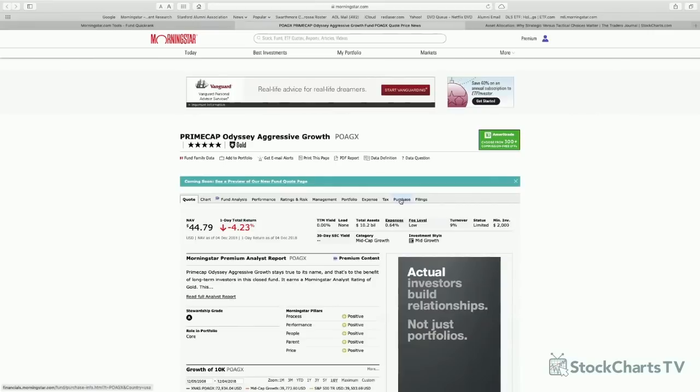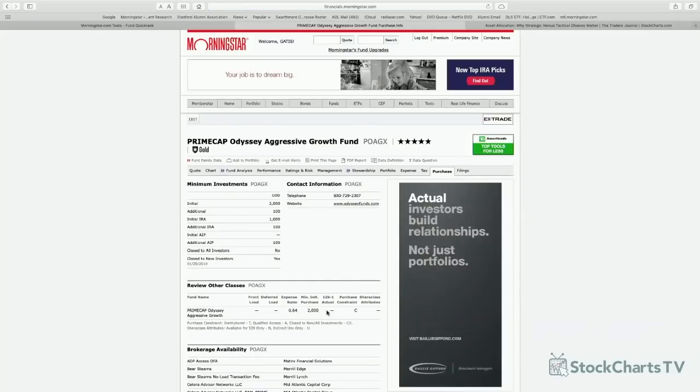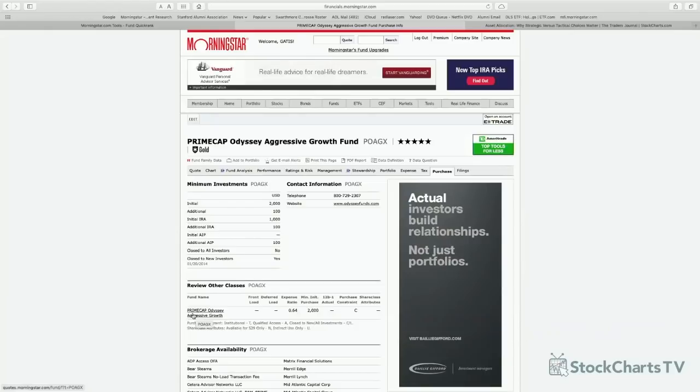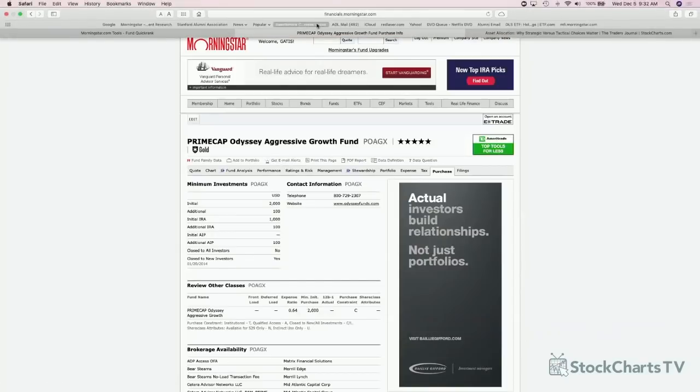Another really key button is this purchase button. You can see that in this case, PrimeCap Odyssey only has one class of fund. And if you hover over it, it'll give you the symbol POAGX. That is not true for many of the different funds that are out there. There are some American funds, for example, that have, I think, about 13 different classifications, and I'll show you